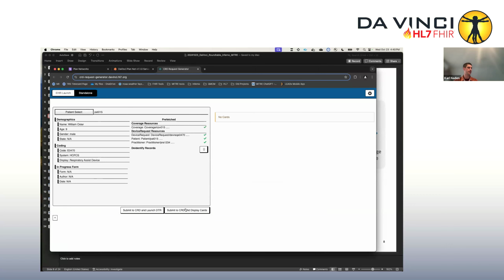They can then submit that to CRD, and what comes back is a set of what are called cards, that get displayed to that provider so that they can take any next steps based on what the payer is telling them. In this case, it is indicating that documentation is required in order for this to be covered, and it provides an option for